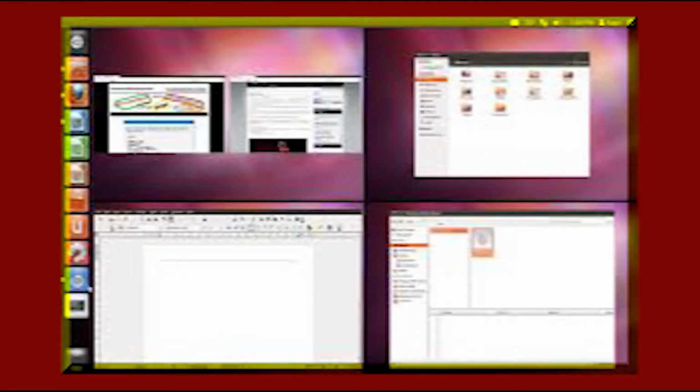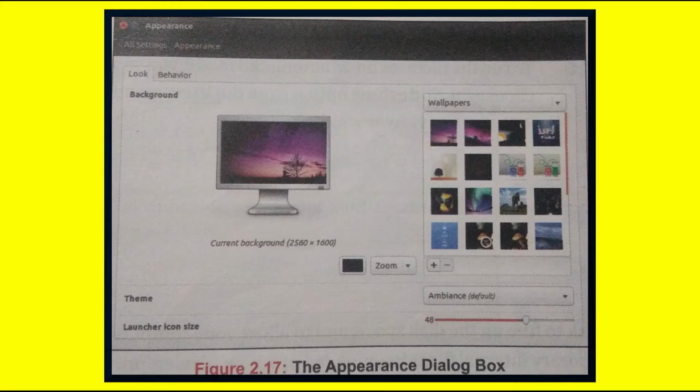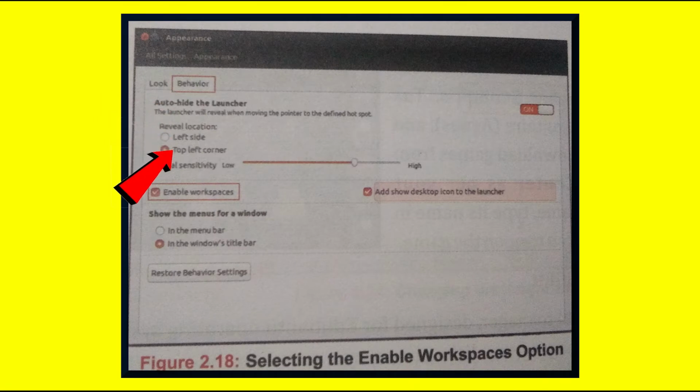To activate the workspaces, right-click on the desktop and select the Change Desktop Background option from the shortcut menu. The Appearance dialog box appears. Select the Behavior tab and then select the Enable Workspaces checkbox. Now, close the Appearance dialog box by clicking on the Close button.